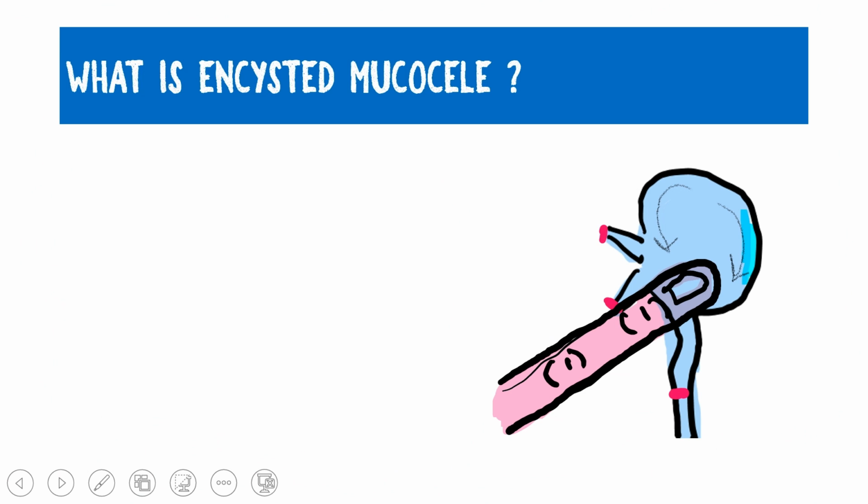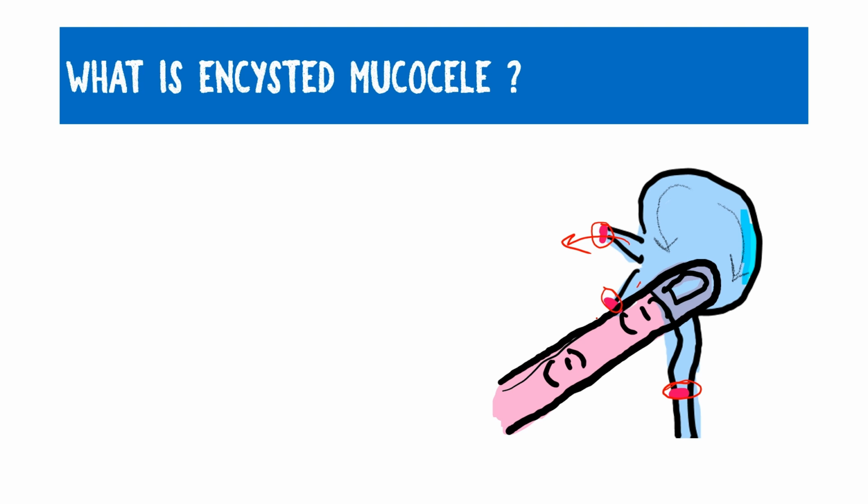Now, before we jump to the pyocele, one important point to remember is what an encysted mucocele is. Sometimes, because of the chronic stasis and the chronic inflammation, even the canaliculi will get blocked along with the blockage at the nasolacrimal duct. Now, in this stage, if you were to apply pressure on the lacrimal sac, what will happen? There will be no